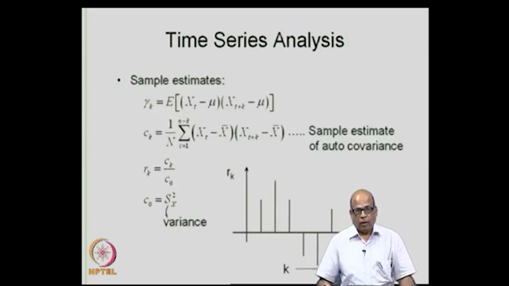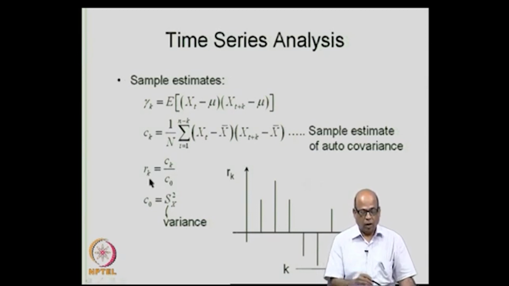Okay. We have the definition for gamma k, which is the autocovariance, given by the expected value of x t minus mu into x t plus k minus mu. Remember, we are talking about a series which is stationary in mean as well as variance, and therefore we take the same mean mu here. The sample estimate for this is given by C k equal to summation t equal to 1 to n minus k of x t minus x bar into x t plus k minus x bar,